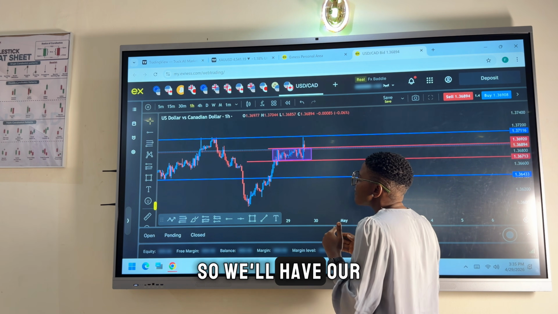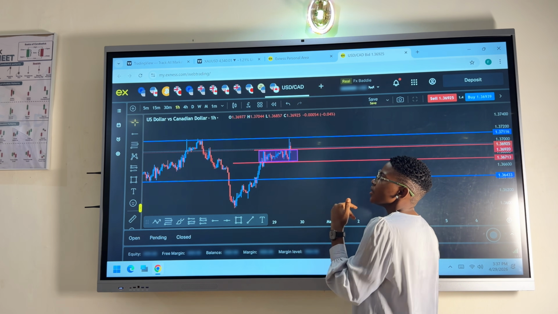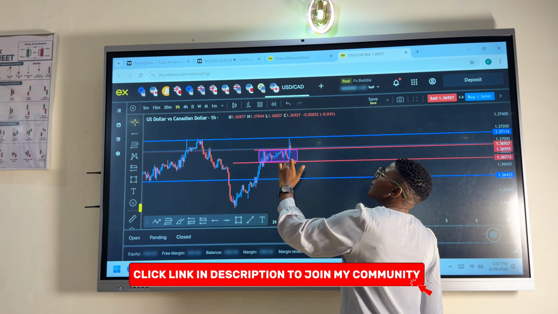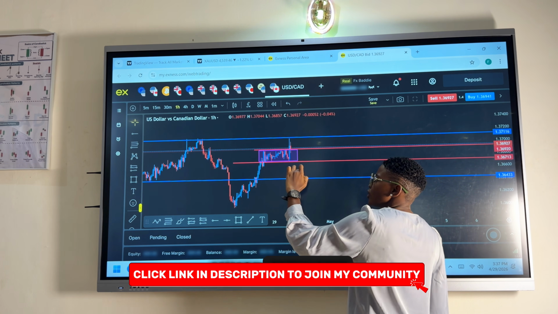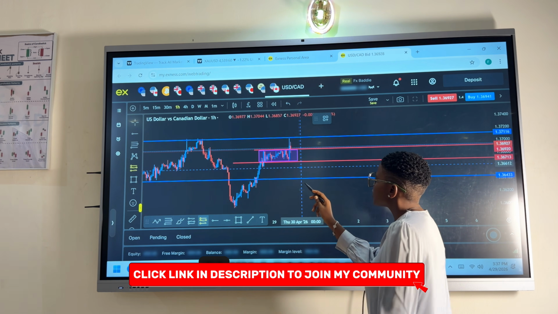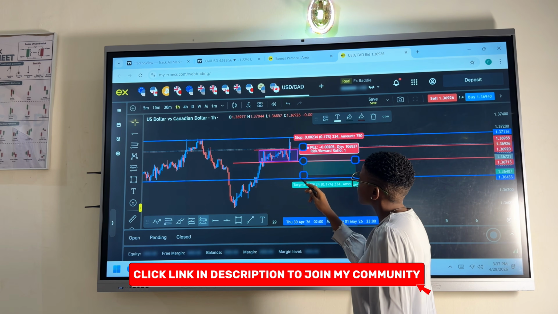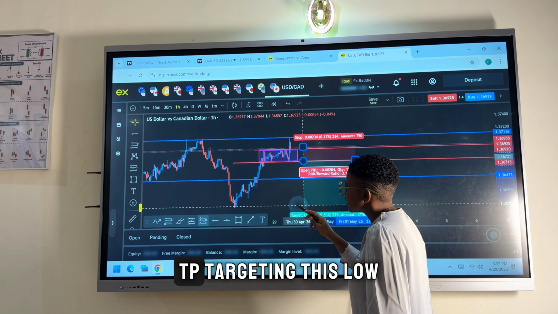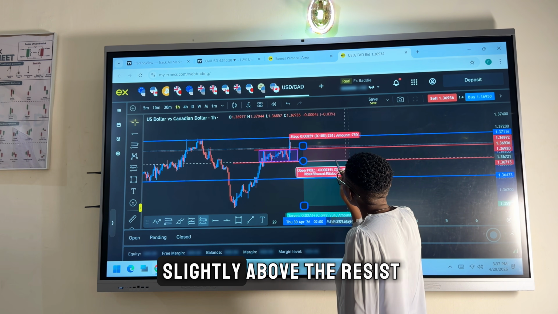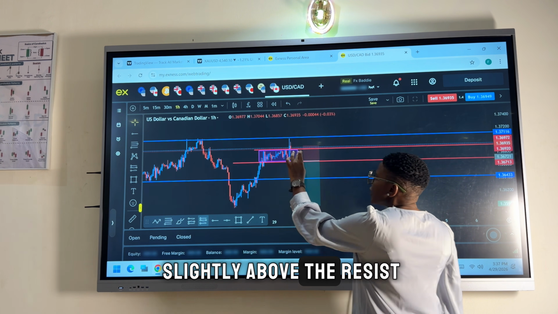So, like I was saying, if sellers finally win and leave this range, if sellers break this minor support, it becomes resistance and we sell from it. So a possible sell trade might look like this. TP targeting this low, stop loss slightly above the minor